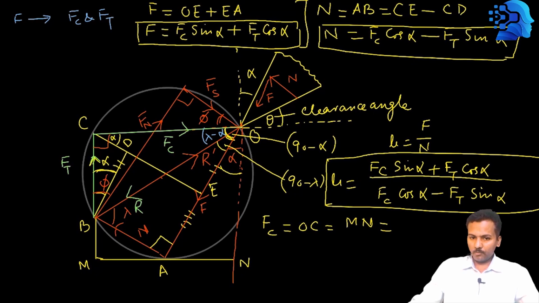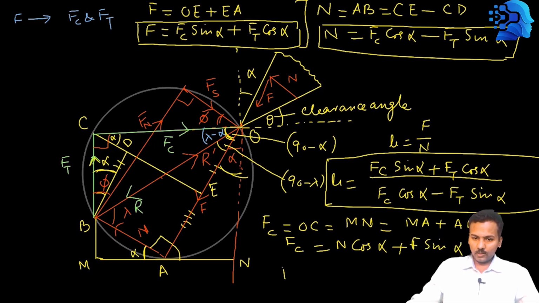So the component of this F sin alpha will be equal to this An. So Mn, first write in terms of Ma plus An. Now you see here that this angle is alpha, this will be 90 minus alpha, this is 90, so again this angle will be alpha. So Ma is equal to N cos alpha, plus An is equal to this F sin alpha.